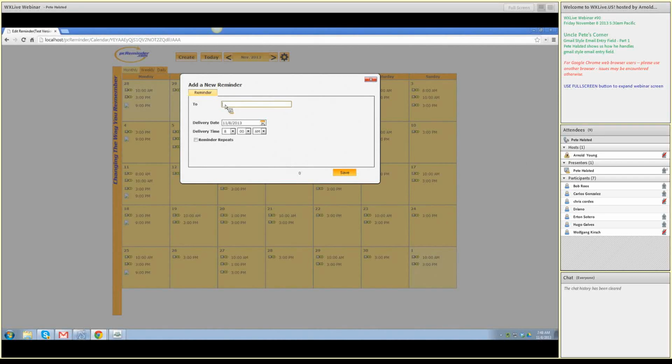And as we type, you see the list continuing to shrink just like it did on the other one. And the choices are constantly changing. And if we select one,